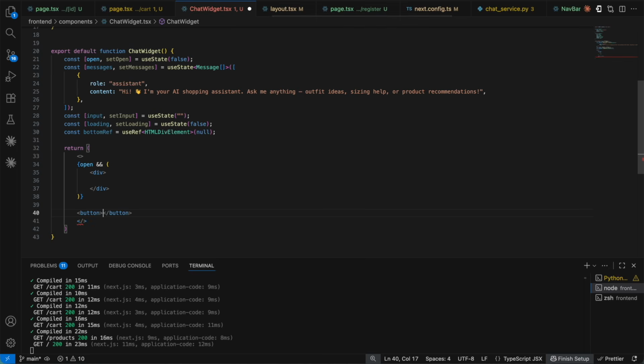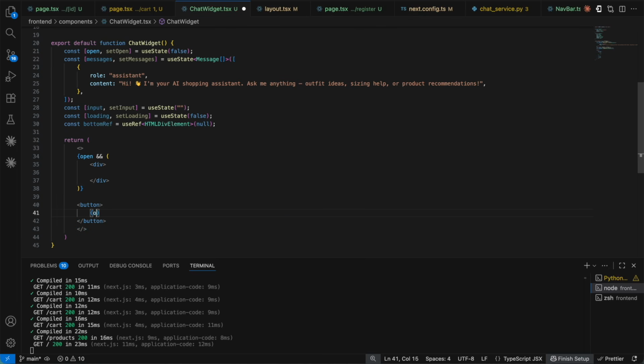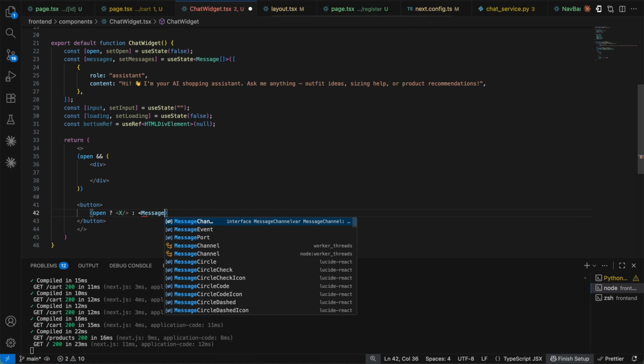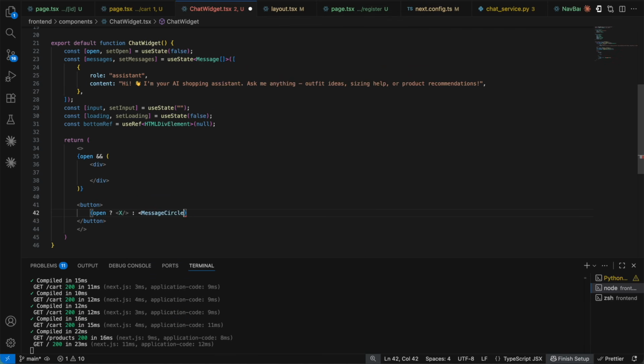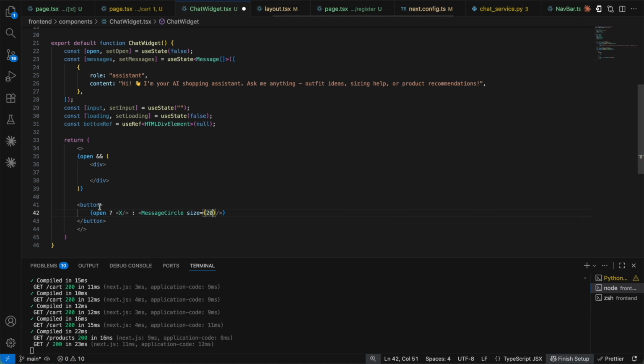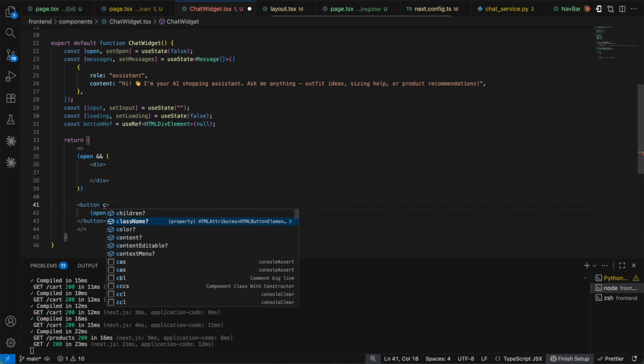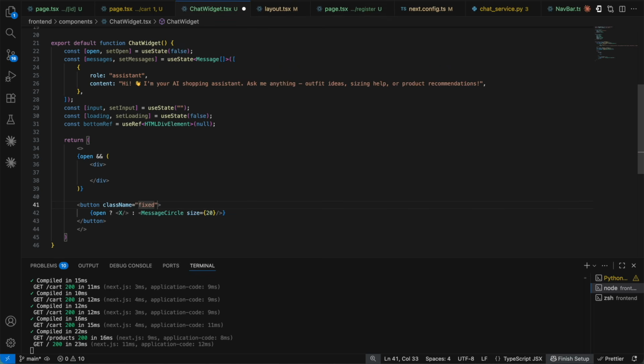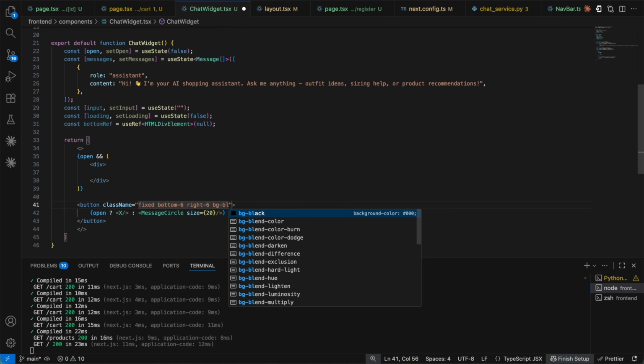I'm going to say button over here. If open is true, then I'm going to have an X icon from Lucid React. Else it's going to be a message circle icon, again from Lucid React, size equals 20. So for the class name, this is going to be fixed onto the bottom. Bottom of 6, right of 6 as well. BG is going to be black,